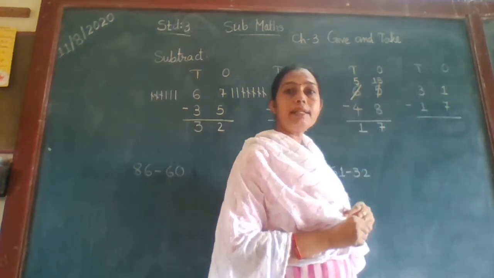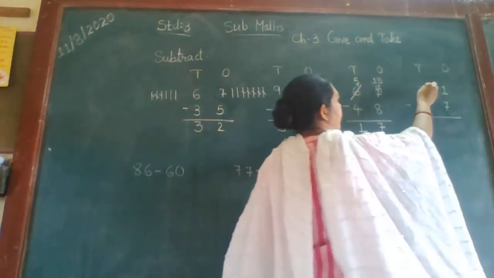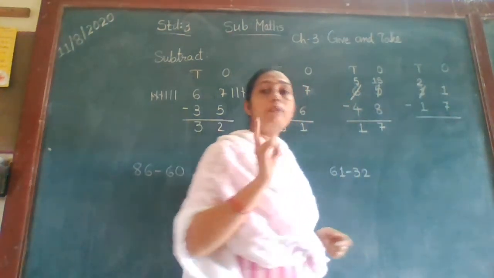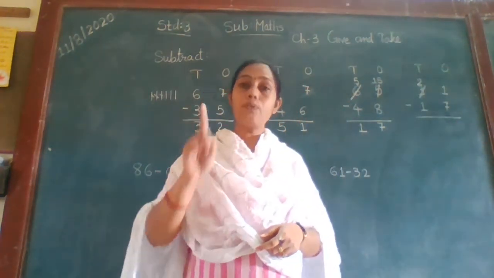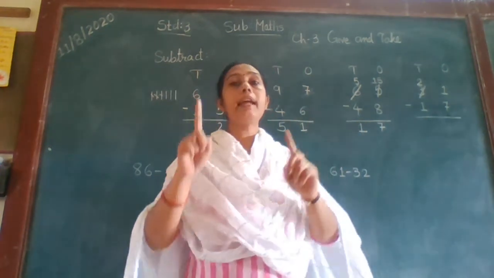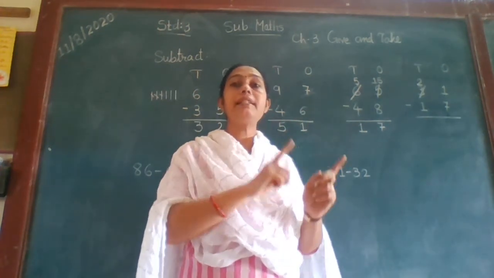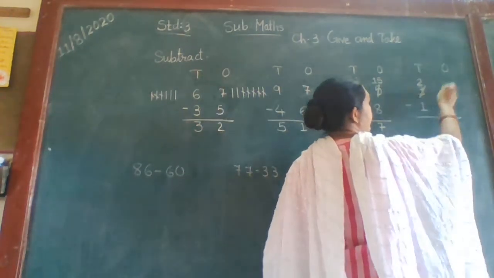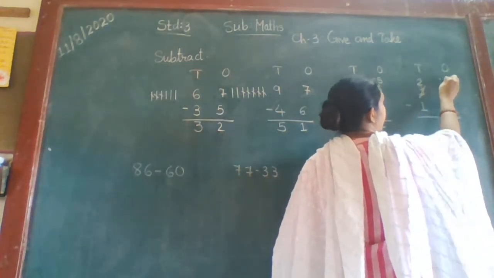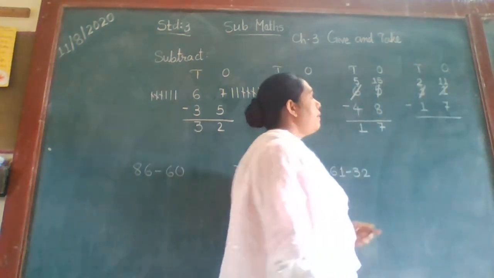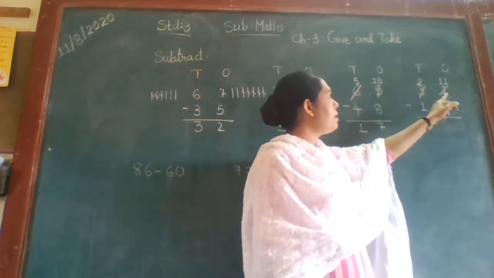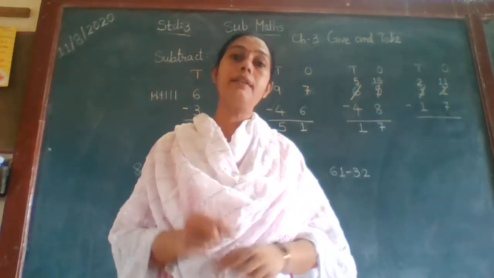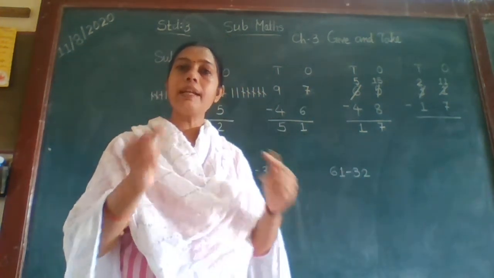So how many tens remain with it? Here 2 tens remain. And this 1 got 1 ten. 1 has 1 and another 10 he got. Means 10 plus 1. Now how many does it have? 10 plus 1? 11. Yes, 11. Now 11 is greater than 7. So we can cut 7 from 11.